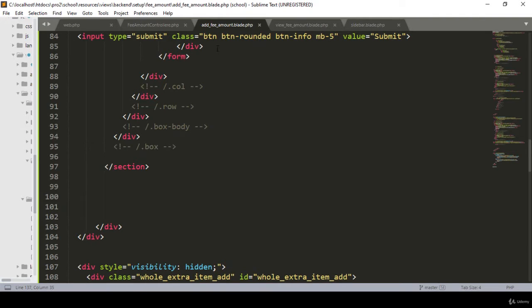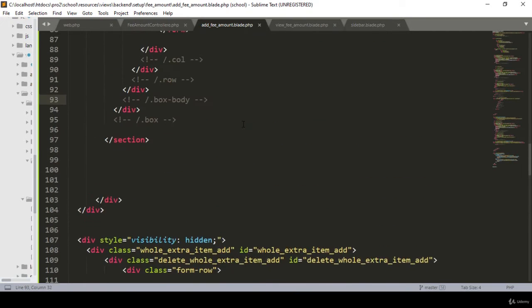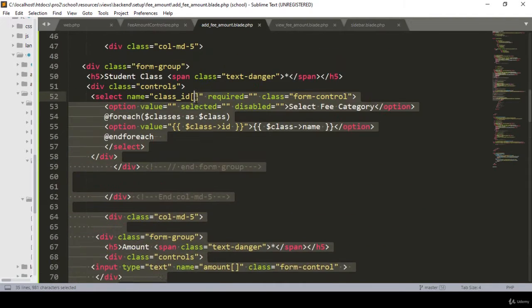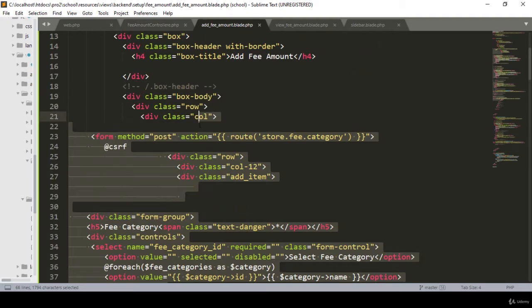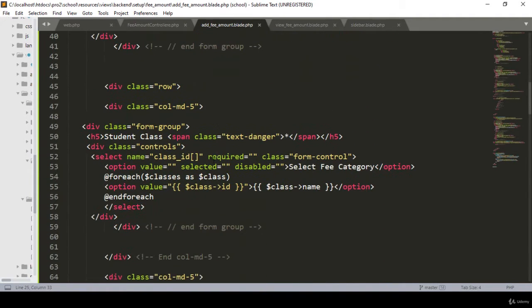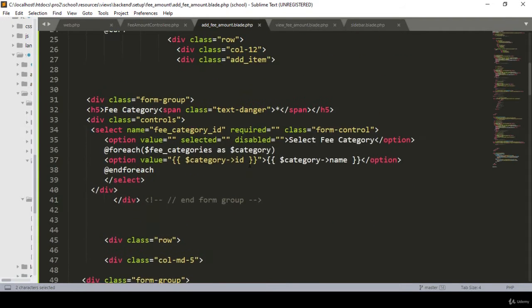So now go to our add page, that is the add fee amount page, and in the add fee amount page, that is one of our forms. You can see there is a form, and there is a value as submit. So that is our total form, and from here we have to insert that multiple data, right? For that reason, in our class ID, I made it a multiple one, and that is our